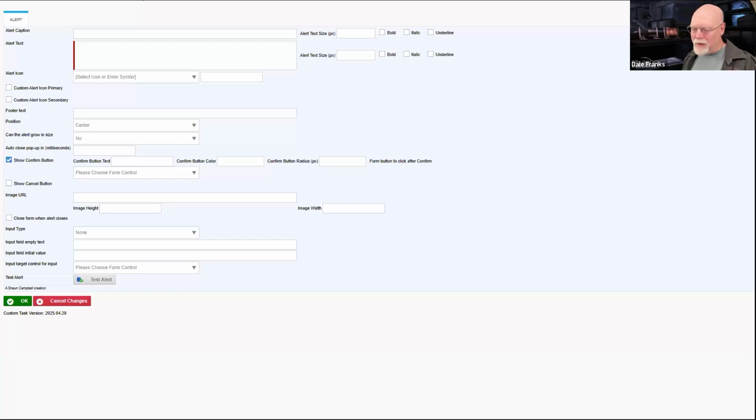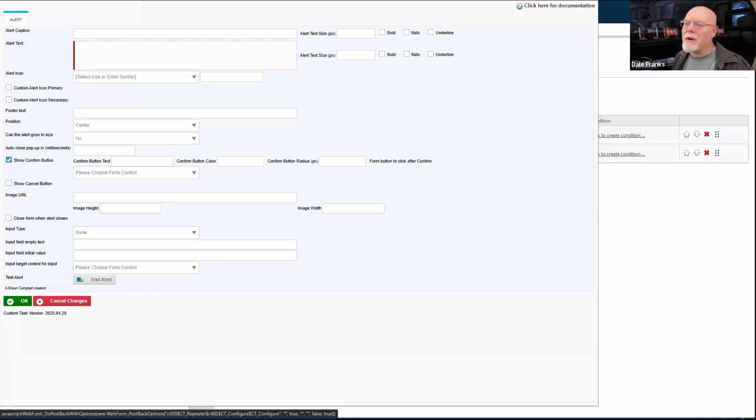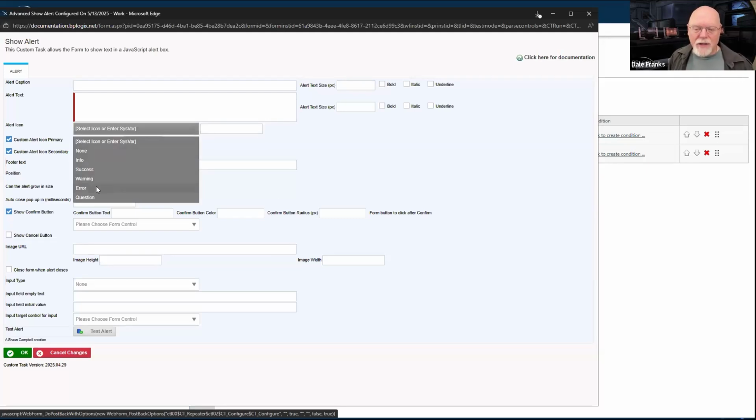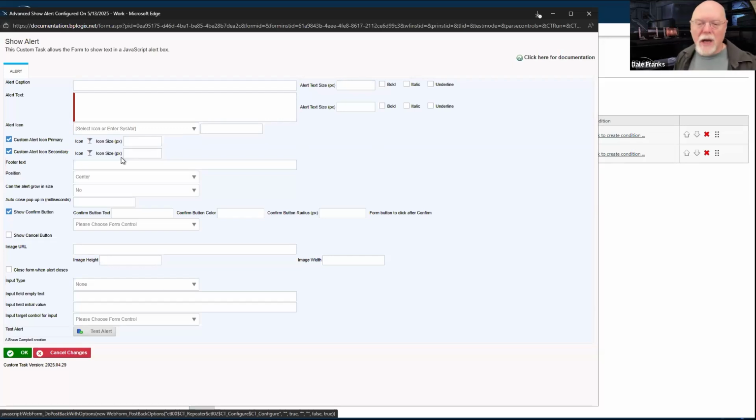and we'll click our configuration button and open our huge configuration form. What I want to show you is the big change right here in this custom alert icon primary, which now exists, by the way, and custom alert icon secondary. So two things. A, I can have both a primary and a secondary alert icon, and I can create a custom icon. Now up here, you have the standard icons, the info, success, warning, error, but you can also set your own icons for both a primary and a secondary icon.